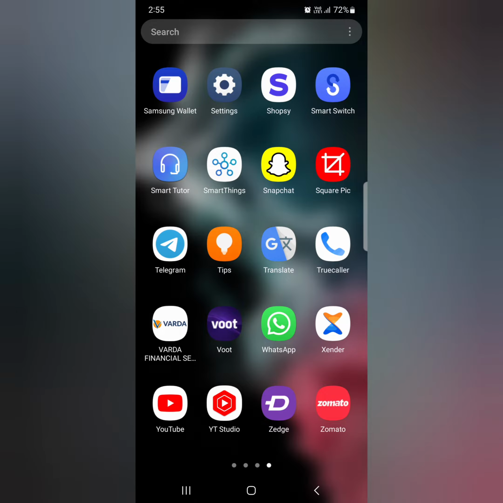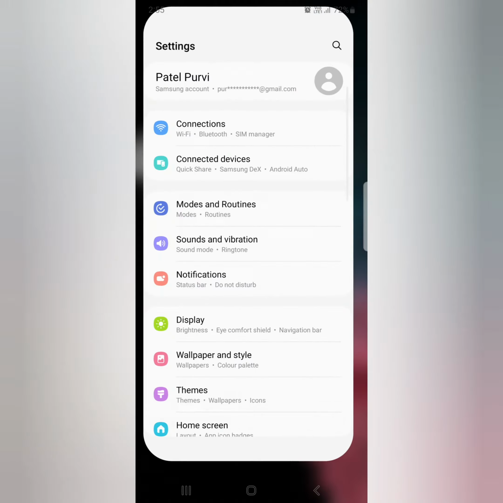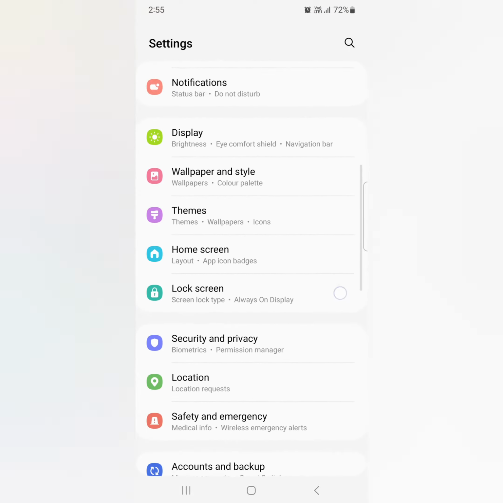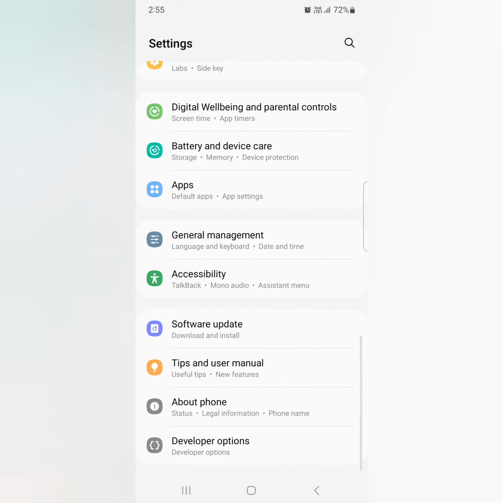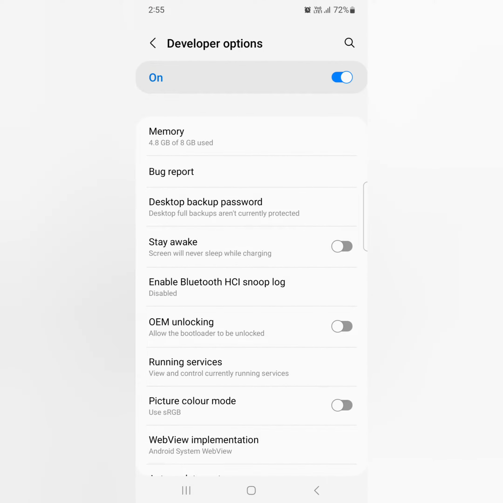Open the app drawer on your device. Tap on the settings app. Now scroll down at the end. At the bottom you can see developer option. Tap on it. If you can't find developer option, find the build number and tap on it 7 times to